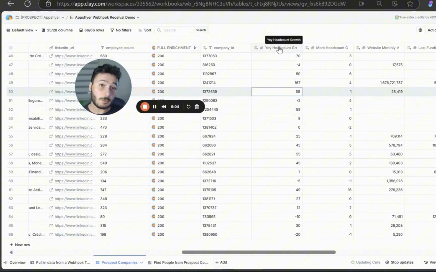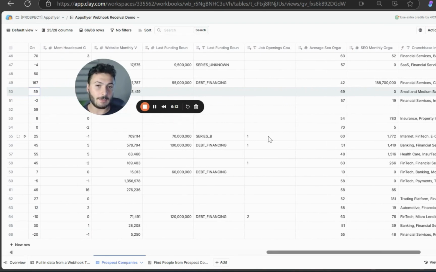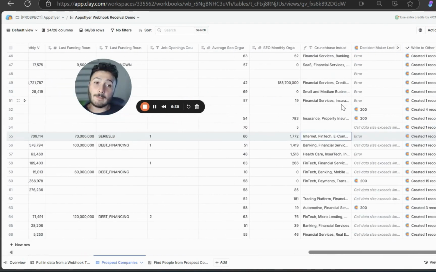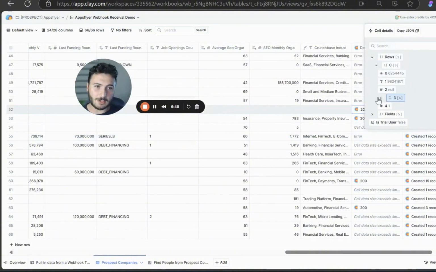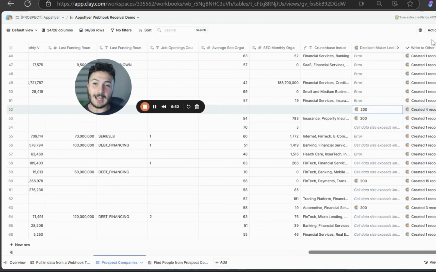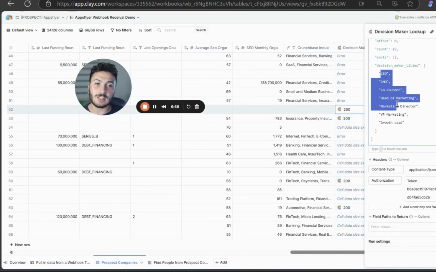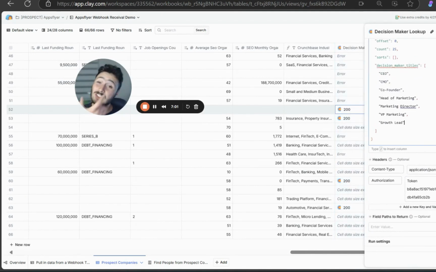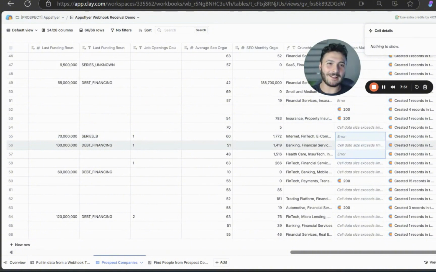So for instance, here we have information like year-over-year headcount growth, website monthly visitors, last funding round, job openings that have been posted recently, SEO. And based on this, I can find the decision makers of these companies. So I'm going to check here, and this will pretty much have found the decision makers based on the titles that I'm looking for that I have set up here. So I have set it up to search for CEOs, CMOs, co-founders, marketing directors, which is the qualification criteria for this prospect specifically. Some of these ran into errors because we ran out of credits, but for the ones that did run,